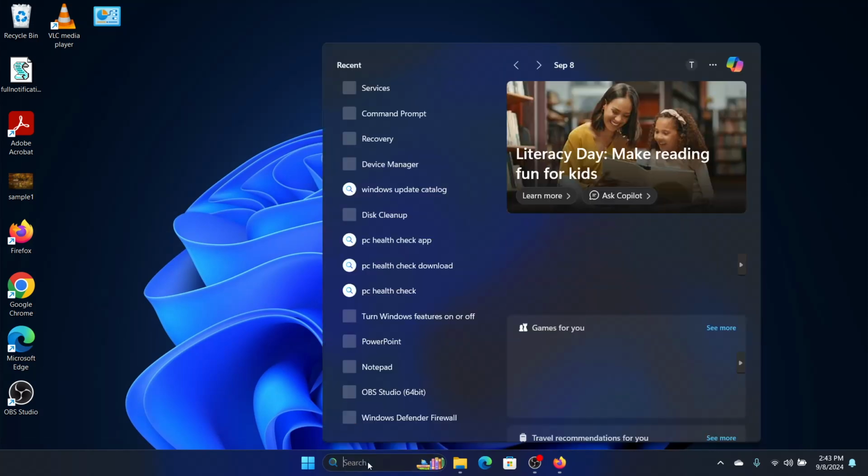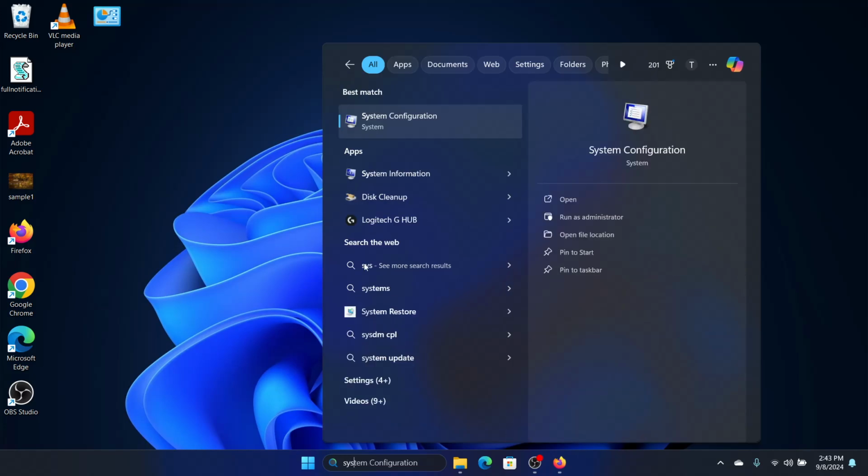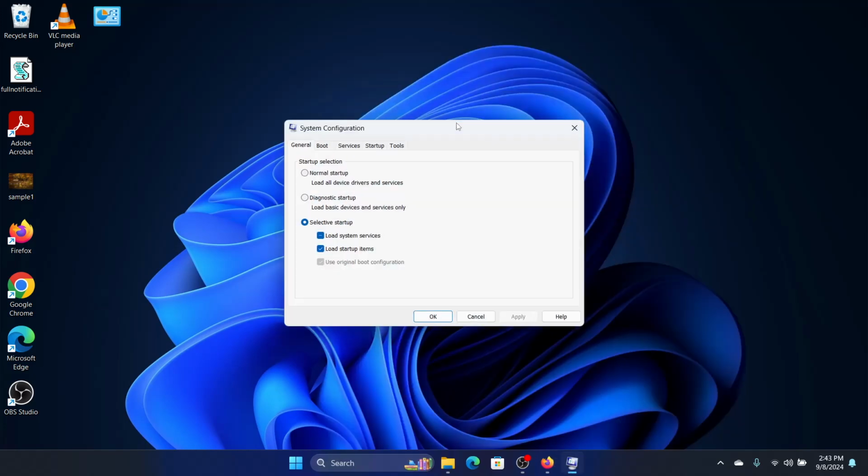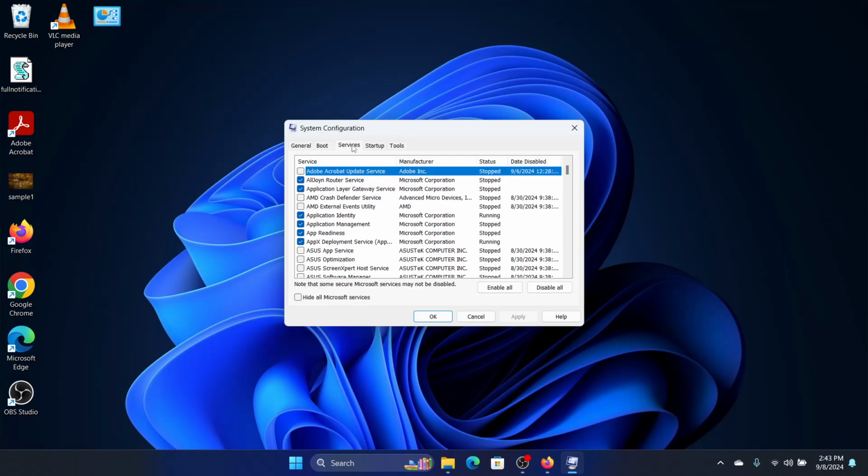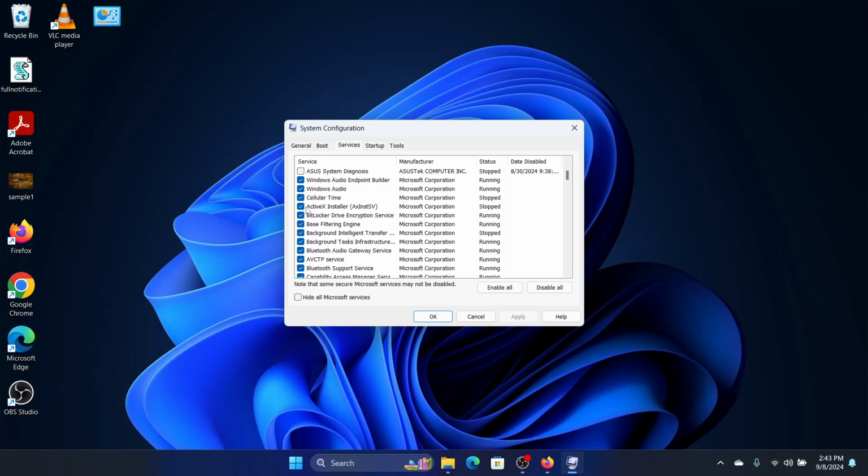configuration. For that we will look for system configuration and click on the services tab, and please do this after your scan. Now, scan is completed, folks. So the most important thing while restarting in the clean boot is to make sure that you hide all